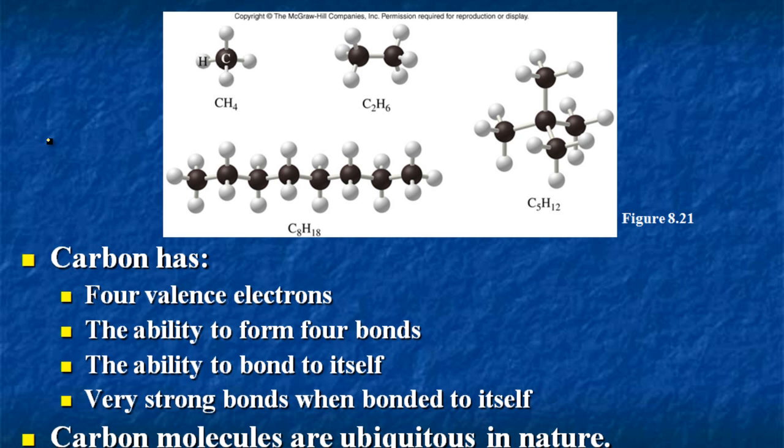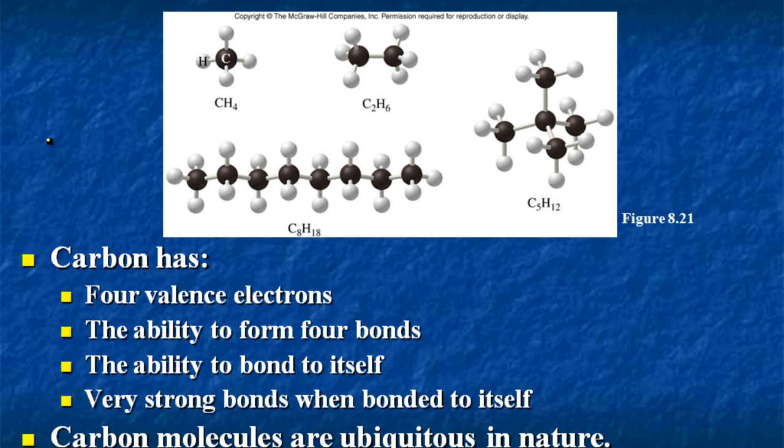Most of our body, the biological molecules, are all made of these long carbon chains and then probably hydrogens and oxygens and some phosphorus, nitrogens. But mostly it's all carbon and hydrogen, and we call it hydrocarbons. So carbon has this particular ability, and there it is showing a couple of molecules where carbon is bonded to